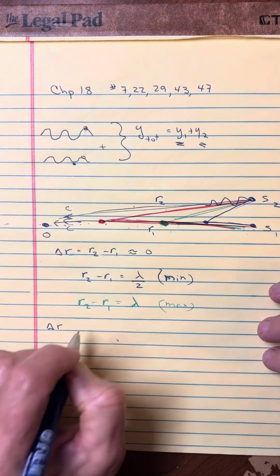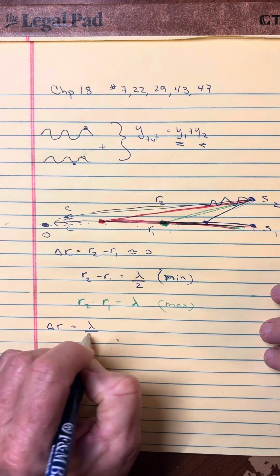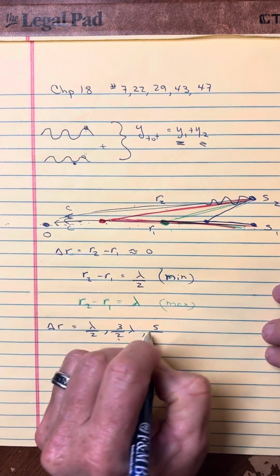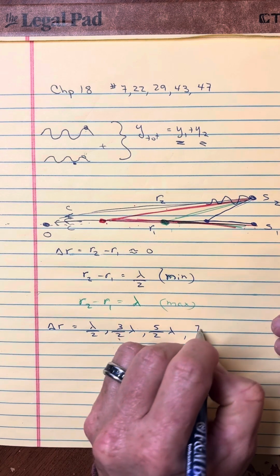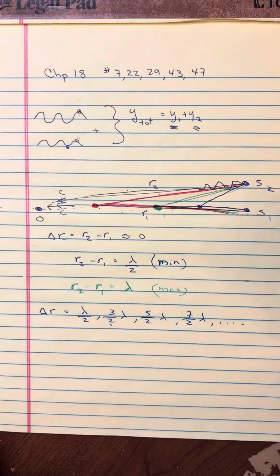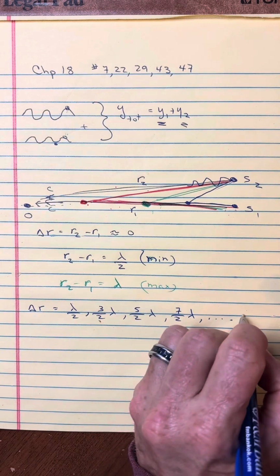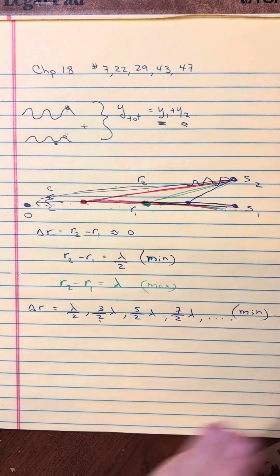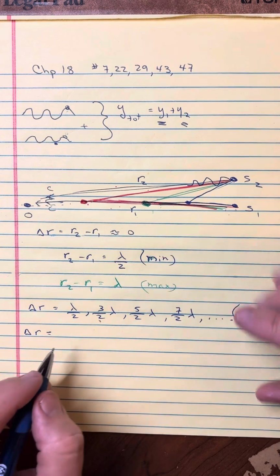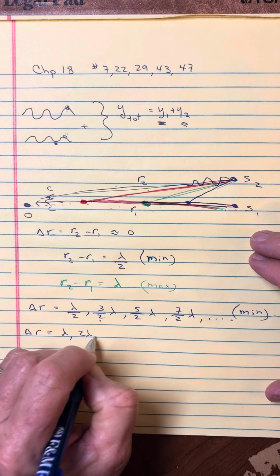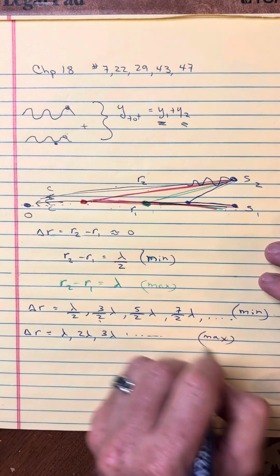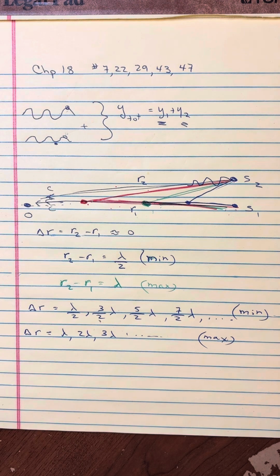And of course, this pattern could continue. So if delta R is a half wavelength, or 1.5 wavelengths, or 2.5 wavelengths, or 3.5 wavelengths, et cetera, any integer and a half, then we're going to get our minimums. We're going to get destructive interference. But on the other hand, if this path difference is 1 wavelength, or 2 wavelengths, or 3 wavelengths,